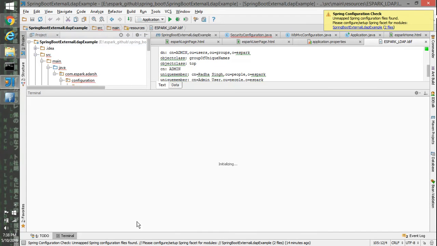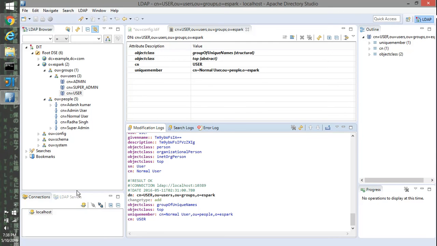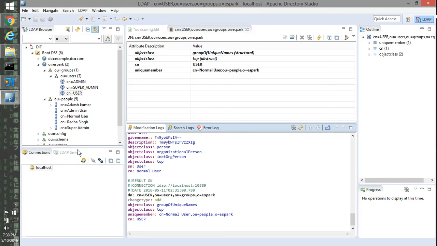So what we can do here is quickly build the application. mvn clean install. Make sure that our directory server, the LDAP server, is in the running state.